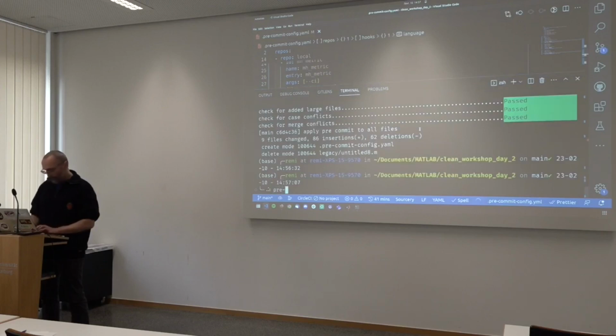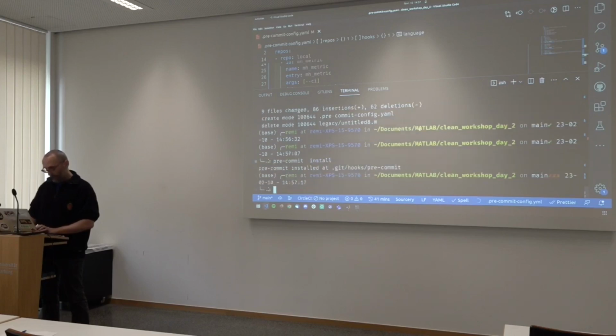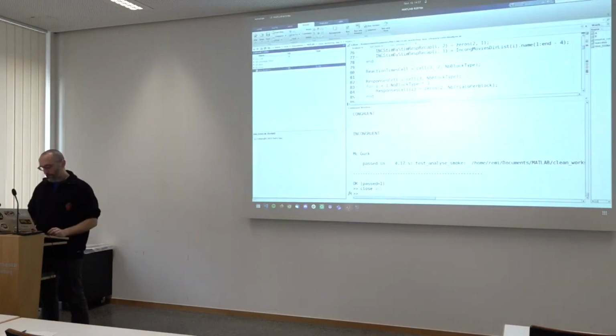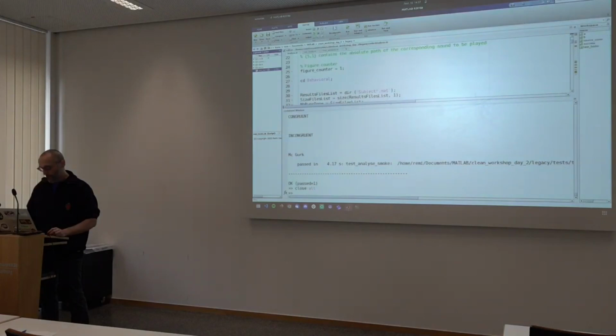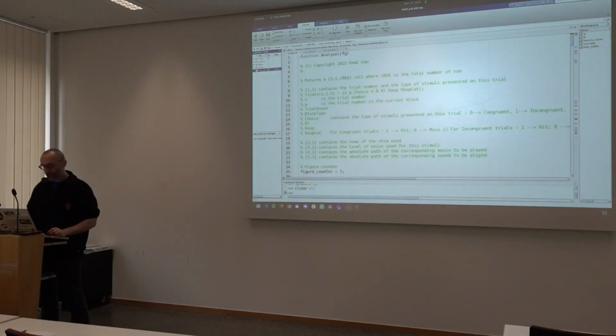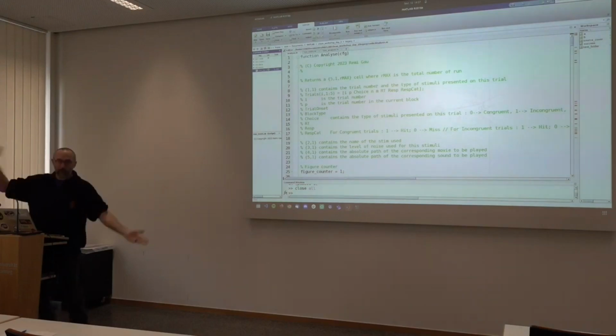I never remember whether I need to reinstall stuff, but just in case, pre-commit install, apply. And remember that we started refactoring our code and changing a whole bunch of things, but we completely forgot to apply Mishit every time. So now our code is dirty again, so we need to reformat.